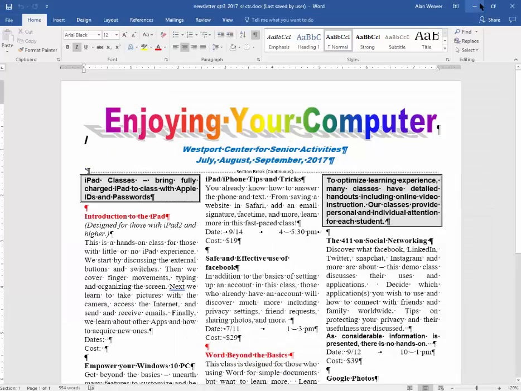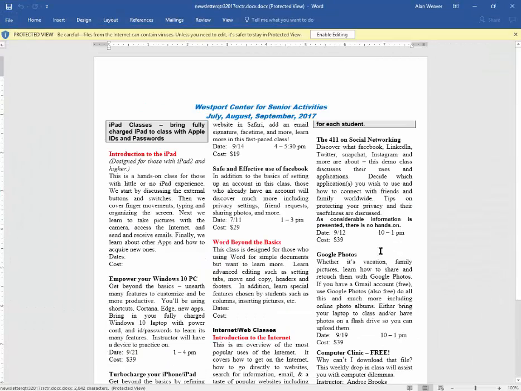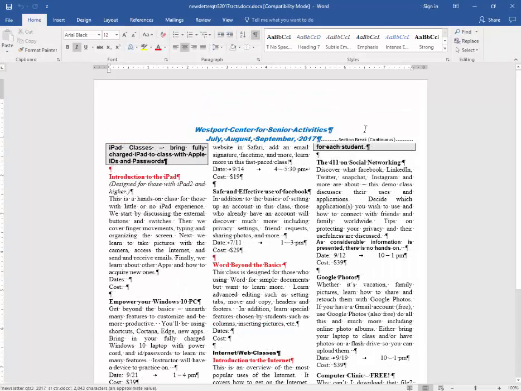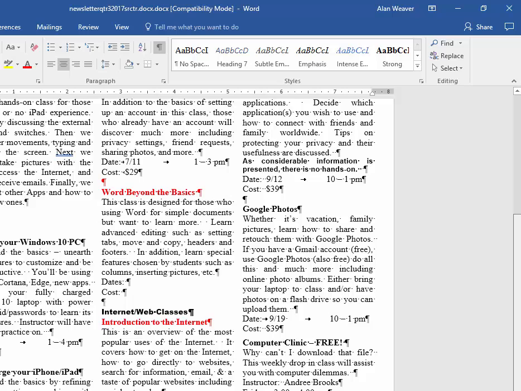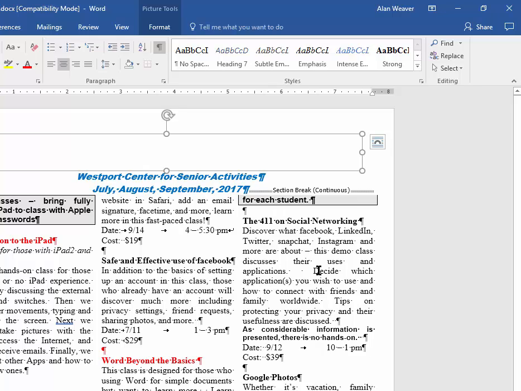Minimize, minimize, minimize. This is the other one here. I open it up in Word. It's in a protected view. They're afraid it's going to be bad news. And it's showing everything in Word, but you can see how the spacing has changed. And I lost this text box up here too. I've noticed that